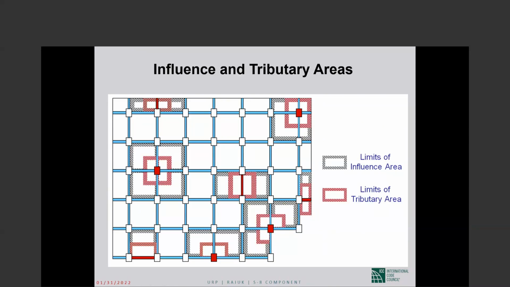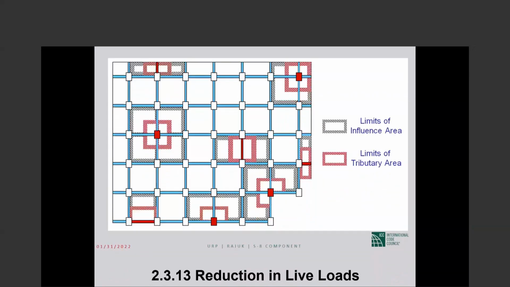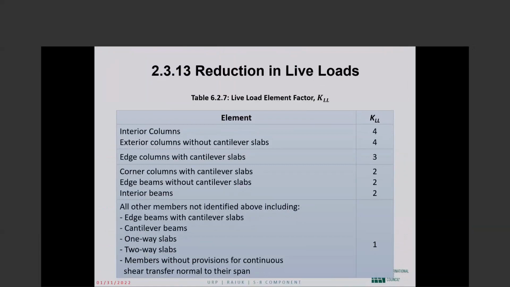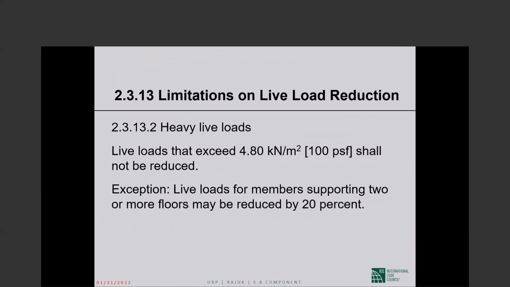Essentially remove the confusion. The influence area now was this K_LL times the tributary area, and K_LL is given in this table. Okay. Interior columns is 4, exterior columns without cantilever slabs is 4, and so on and so forth. Okay. So